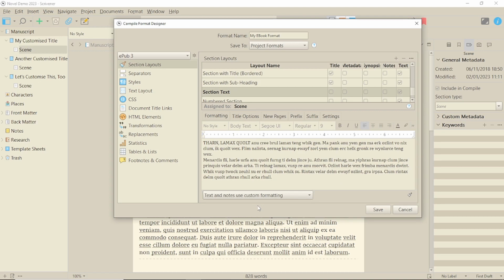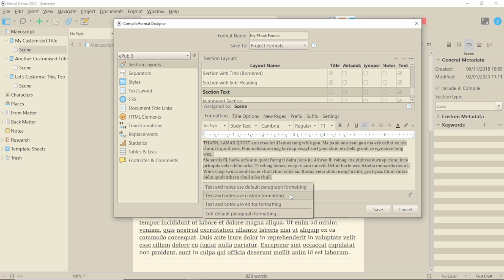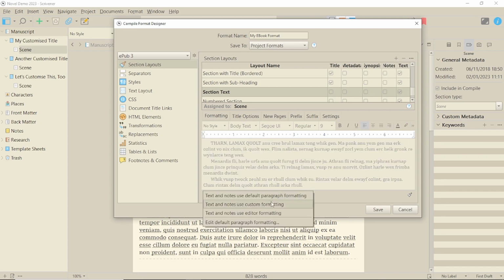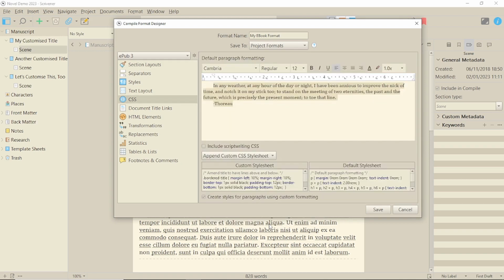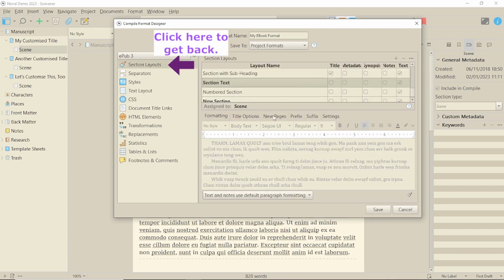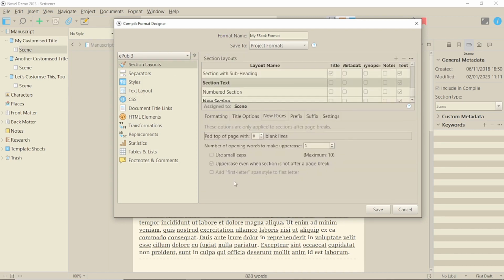I would not suggest doing the latter, because ebooks have a lot of very specific formatting that you cannot override, such as font, and your changes might not work, and you'll simply get frustrated. Edit Default Paragraphing takes you to another section of this Compile window where you can change the default indent level if you want. What you can do though is change the number of capitalized words you see at the beginning